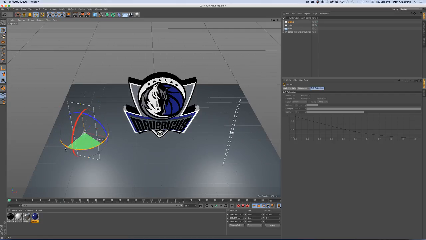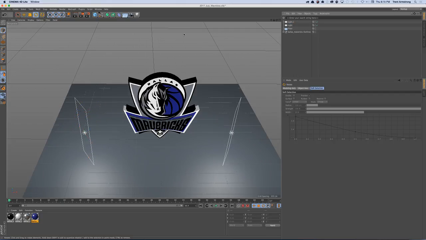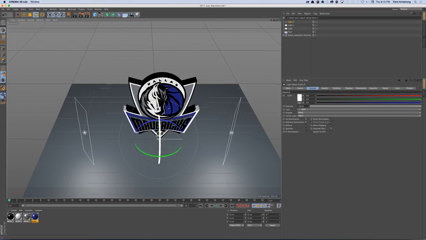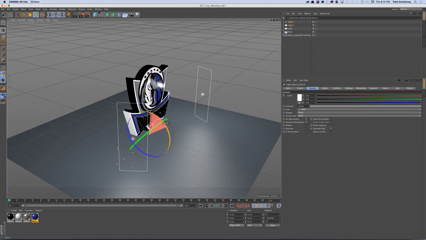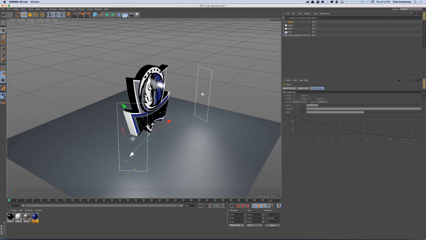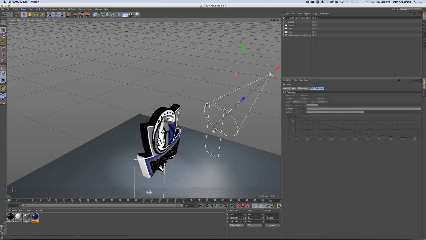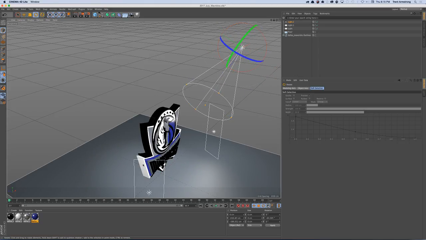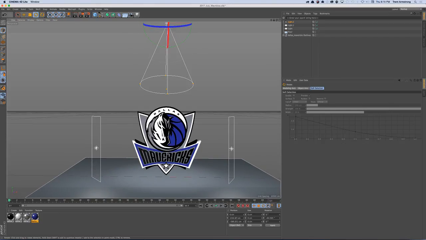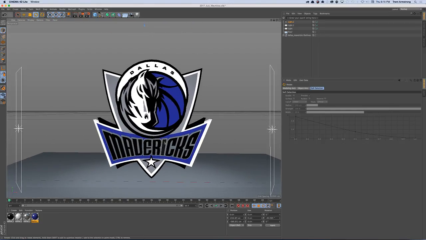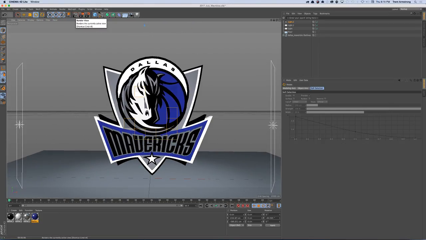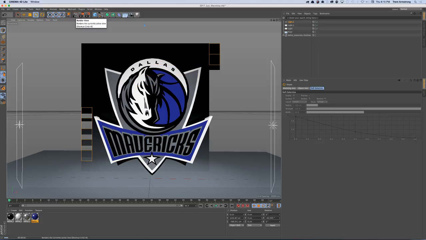So we'll do that, and then I'm going to create one more spotlight. I'm going to bring that down and bring that straight up so that we get this cool little spotlight here. And I'm going to bring out the cone, maybe bring it up a little bit. All right, so there we go. Now we've got some lights, so we've got some brightness in our project, but we have no